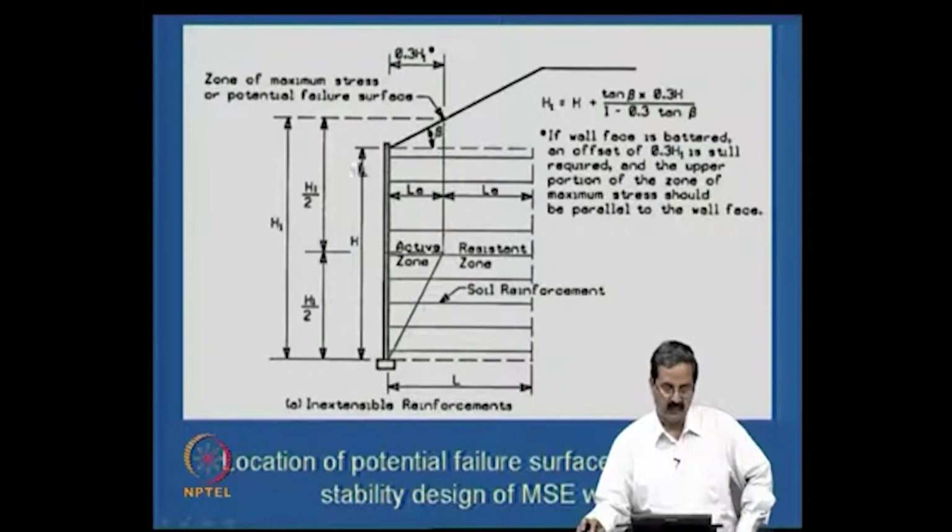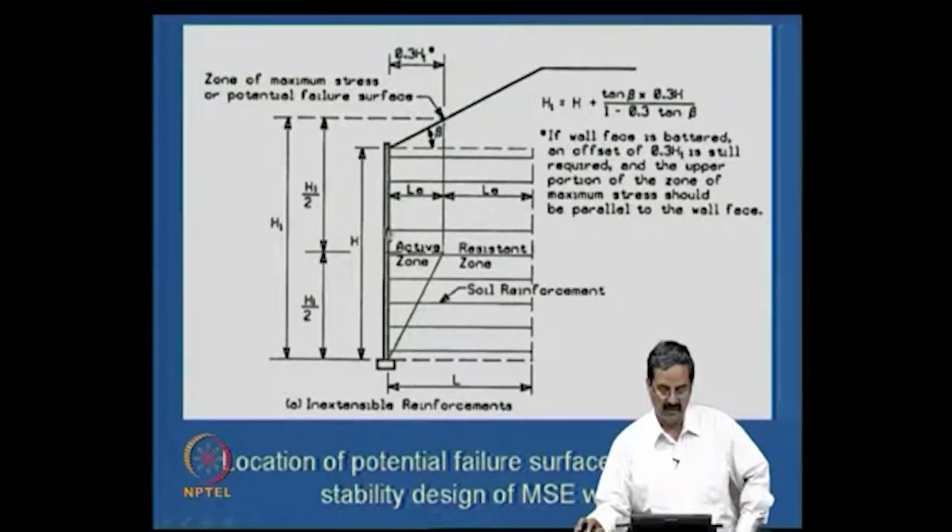So, that H1, what is the height you have to take? Most of the time, the question is that there is a fill here. How do you take the height so that you can go ahead with the design? So, H1 is H plus tan beta into 0.3 H divided by 1 minus 0.3 tan beta. That H1 will be the height, and that's how the classification of